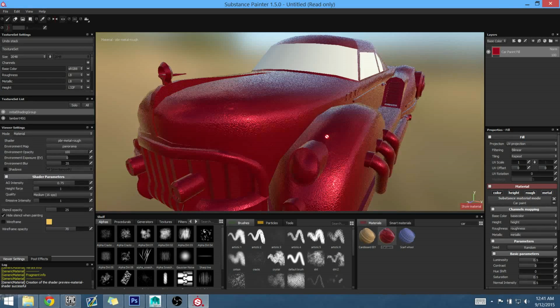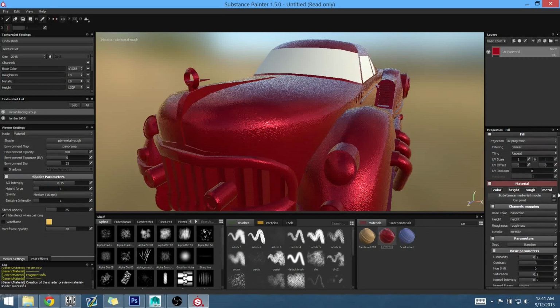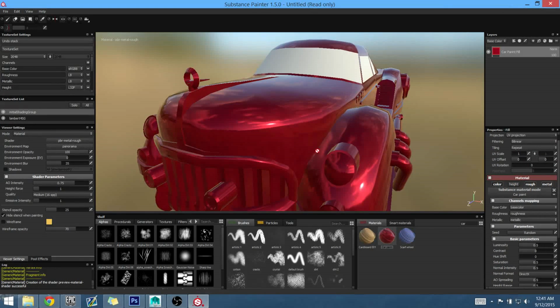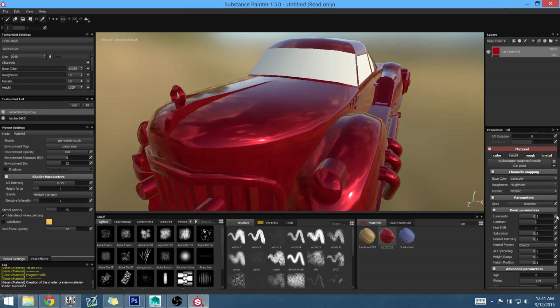So let's push M to go back to viewing everything again, and let's take down this normal information. We really don't need it. I think we can also just toggle that height information off too, just by hitting the height button. So all we're going to be filling with this paint fill layer is just our color, our roughness, and metal, and that's what we want. So scrolling down a little bit more,